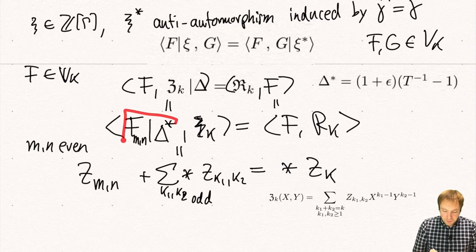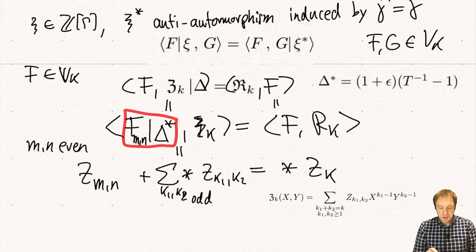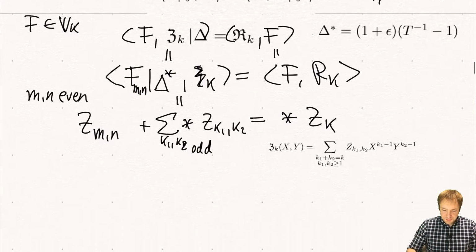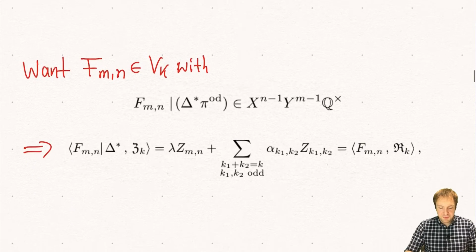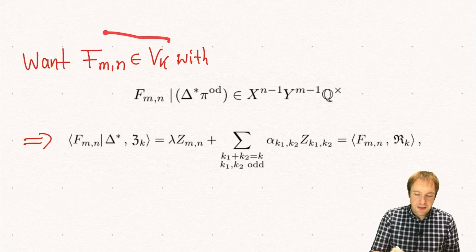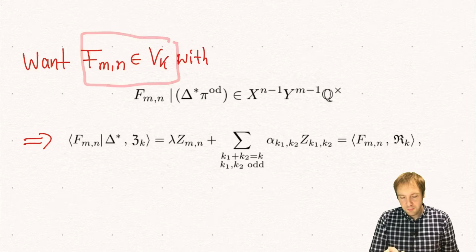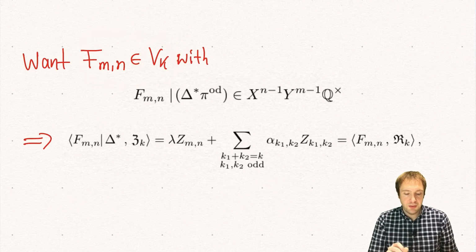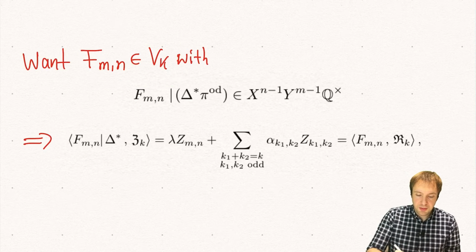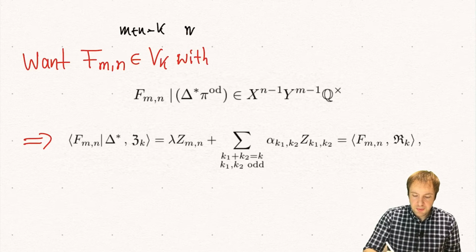So the odd part of this polynomial should be just one term. And so the statement is that we want to find f_mn